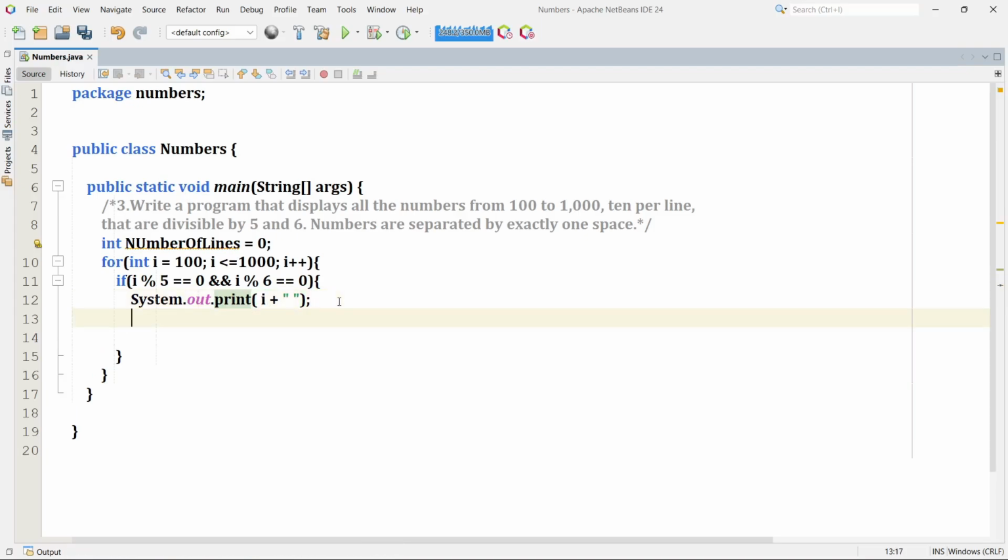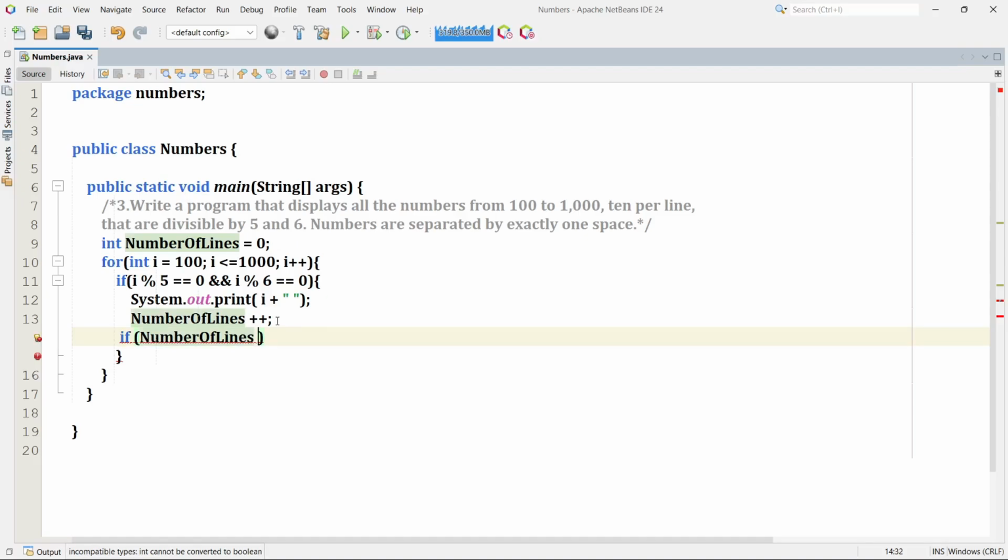Now we have to keep track of this number of lines. So this number of lines, we are going to increment this number of lines by 1. Now the next step is, if this number of lines reaches 10, you have to go to the next line. So if this number of lines is equal to 10,